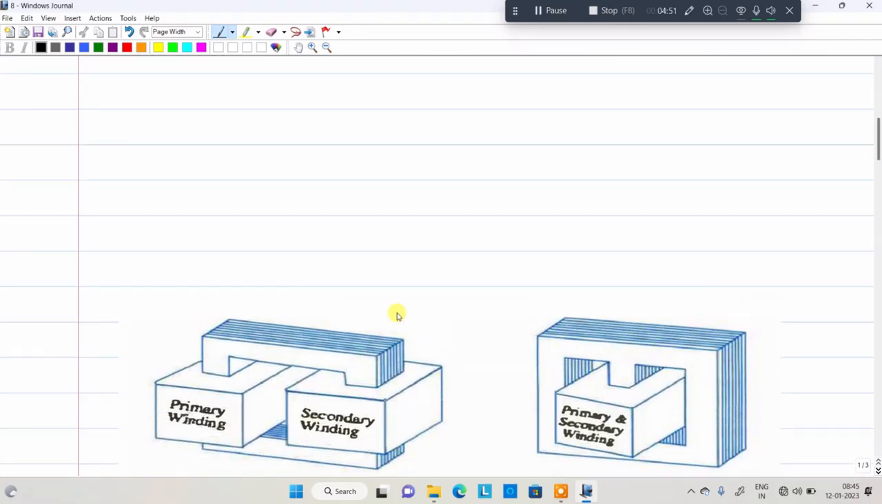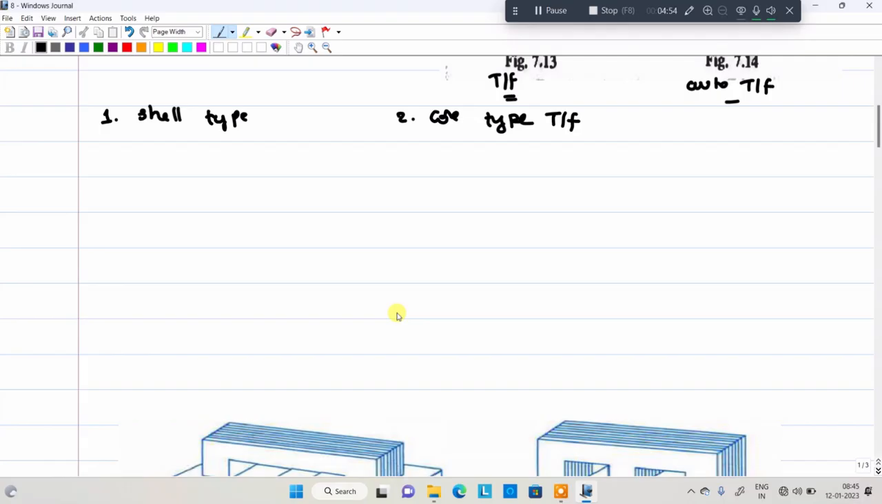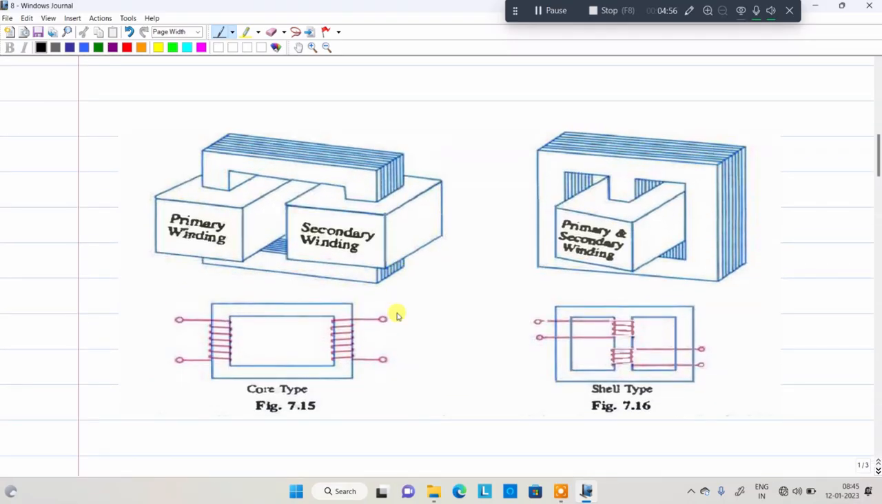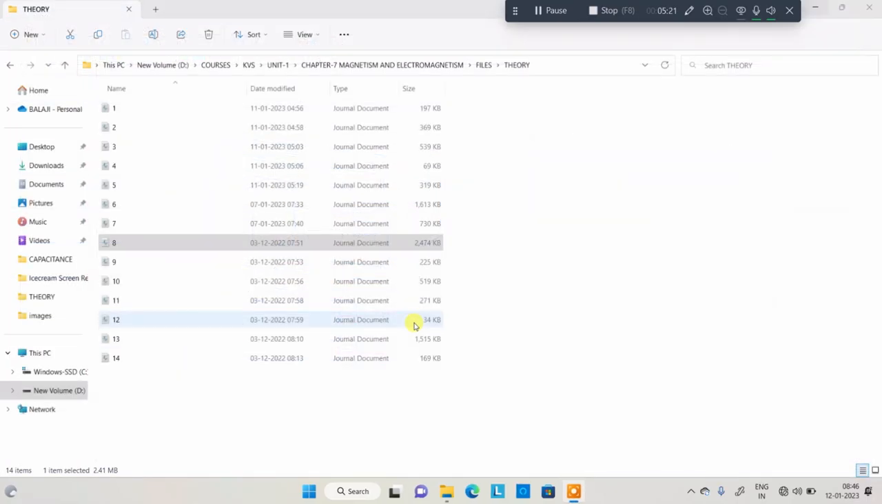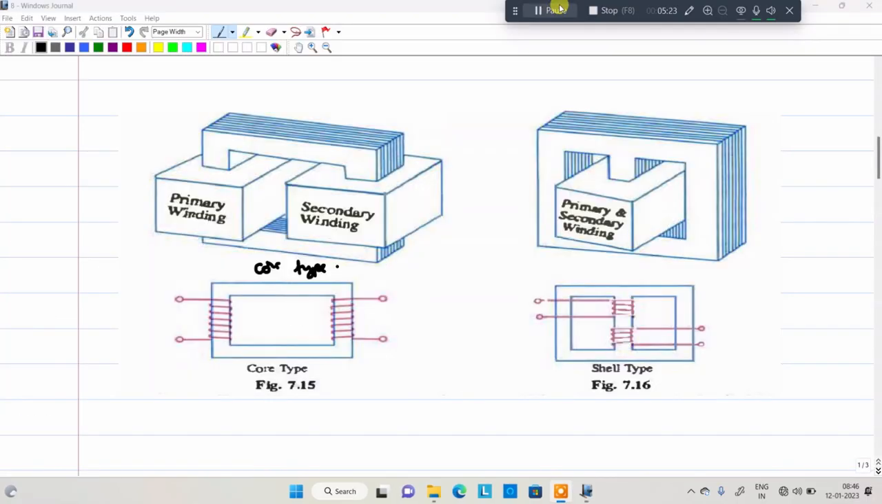Now we are moving to the two types of transformer, shell type and core type. This particular figure relates to the core type transformer. Core type means that the primary winding is placed on one limb and the secondary winding is placed on another limb. The entire core is laminated here. This type of structure is represented in the figure. It has a primary winding N1 and a secondary winding N2. Similarly we have a primary winding N1,